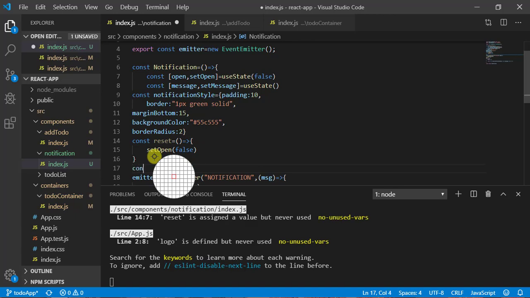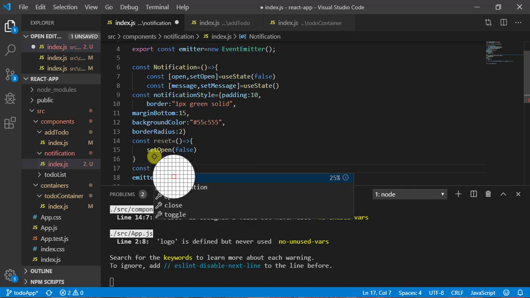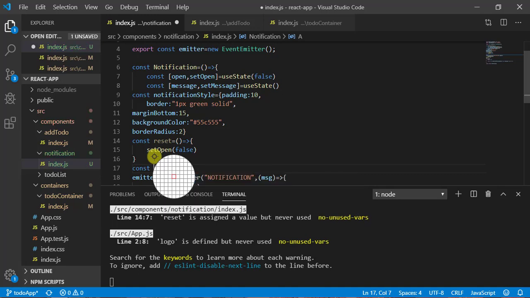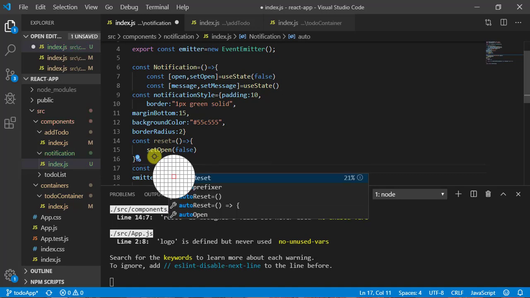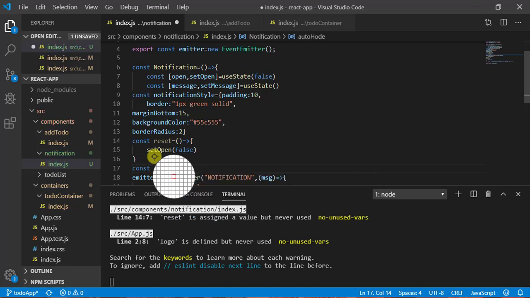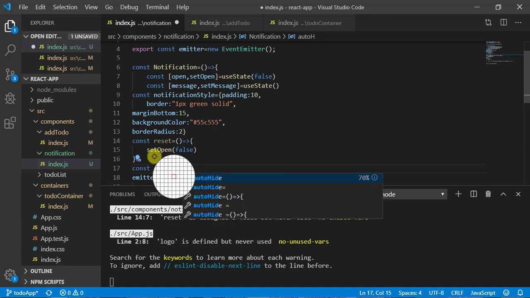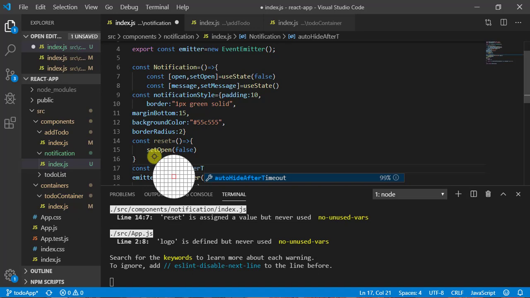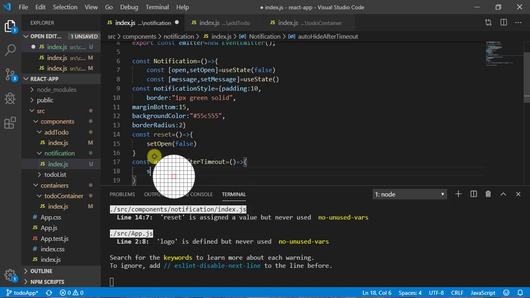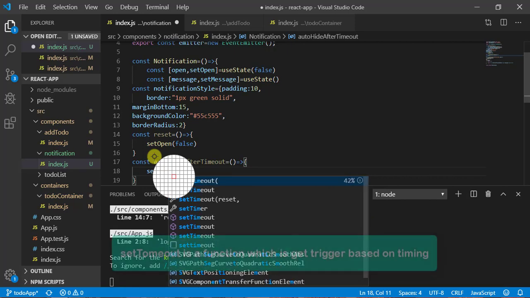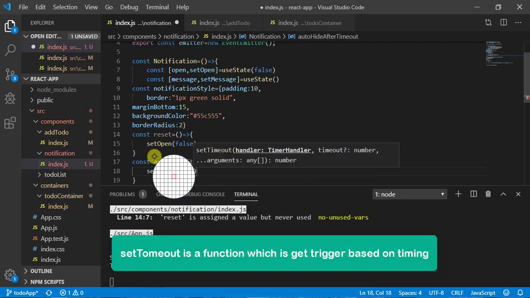So let's define one more function, const, and call it auto hide after timeout. Okay, and what this function will do, here I can write setTimeout, and this is going to take a callback function.